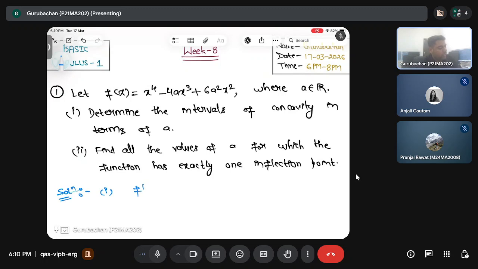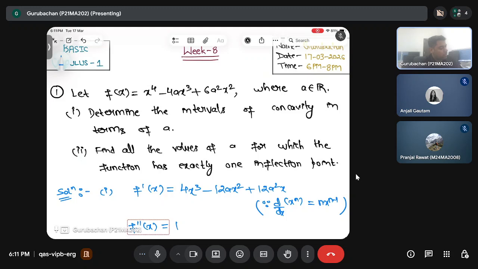So f dash x is 4x cube minus 12a x square plus 12a square x, because differentiation of x to the power n is nothing but n x to the power n minus 1. Next, when we do the double differentiation of it, we will get 12x square minus 24a